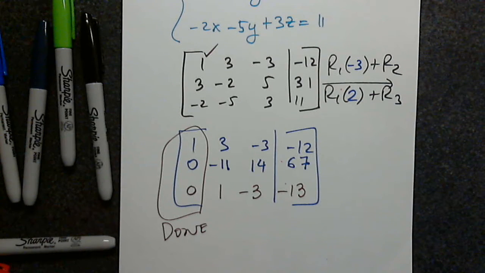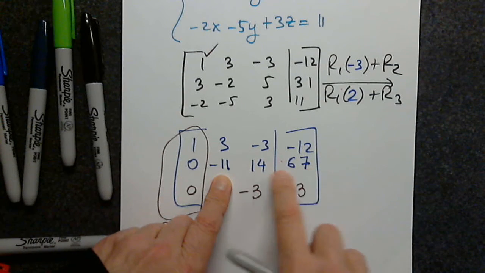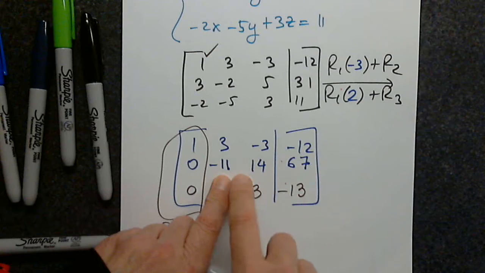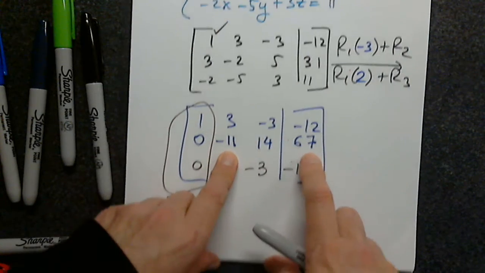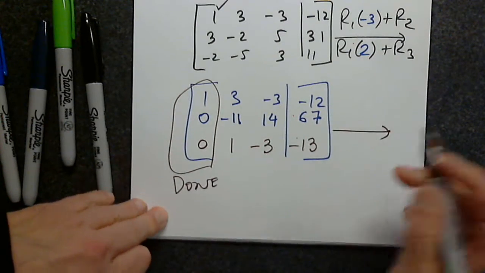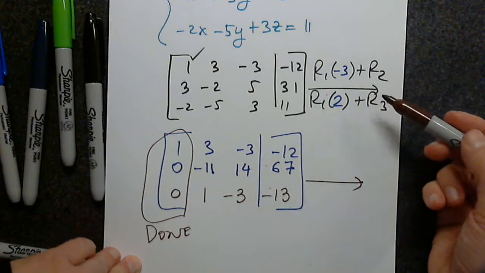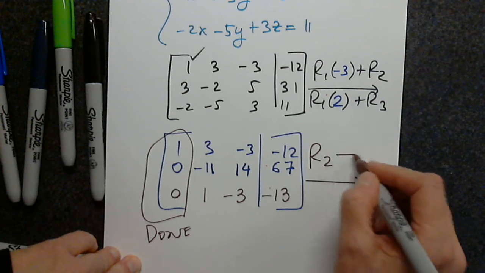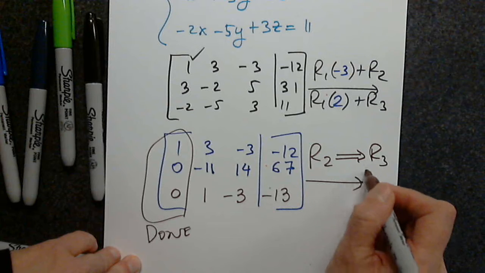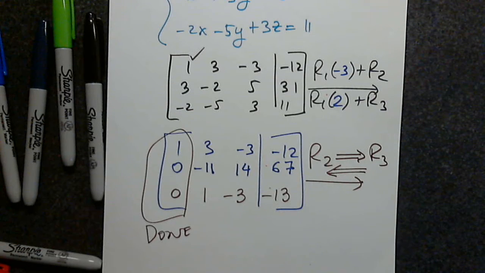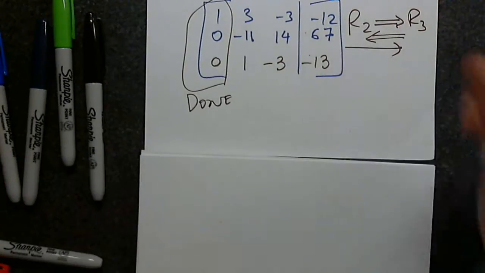We have to swap those two. That's the easiest thing to do. Otherwise, you will have to divide by -11. Do you want to divide this by -11? No. So all steps have to be written on the side. Row 2 becomes row 3, and row 3 becomes row 2. This is what I'm going to do in the next step. So then